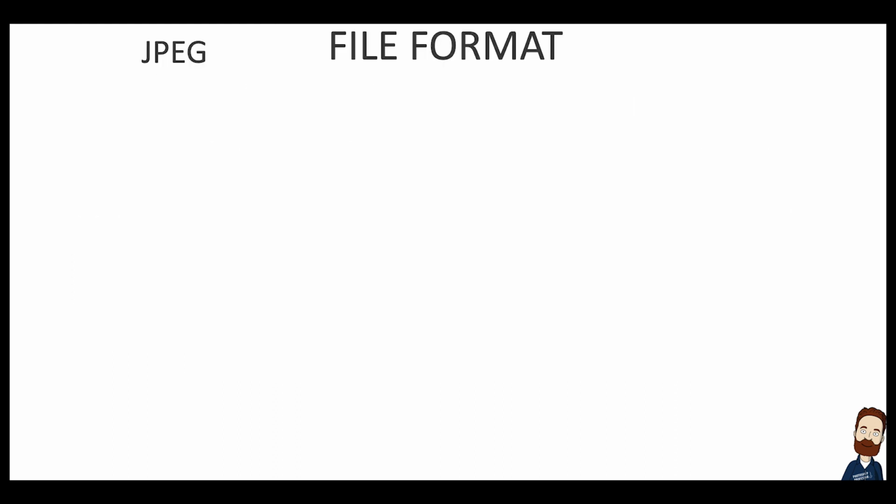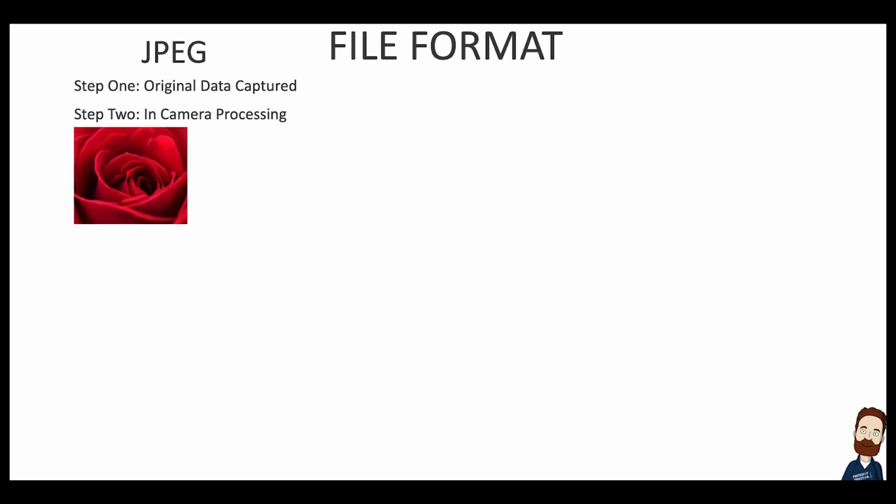All right, let's really drill down on the JPEG. The first part is you just capture the original data. Now, in step 2, there's going to be a lot of in-camera processing. So if I'm taking a photograph of this image, essentially the color space, the white balance, the sharpening, the saturation, the contrast, the noise reduction, and a ton of other things are being baked into the image, and then it's